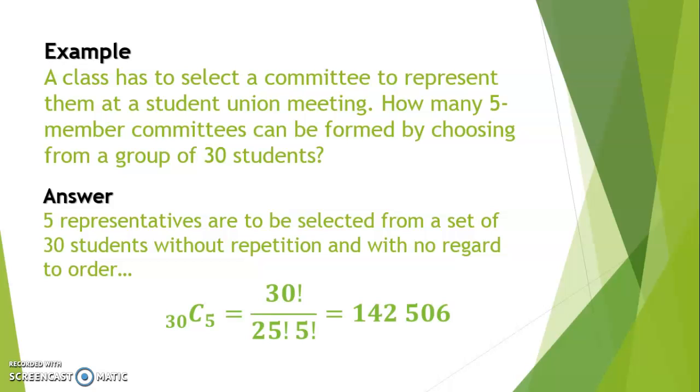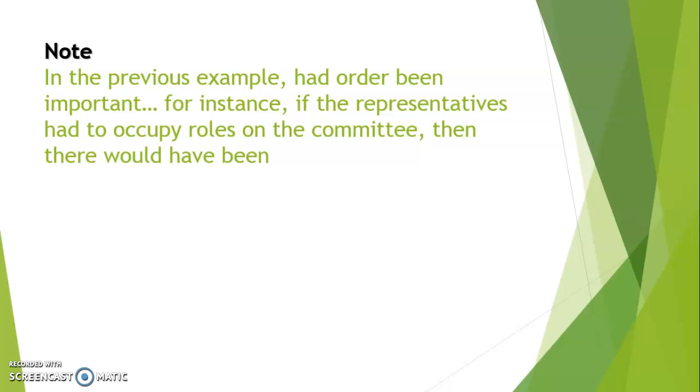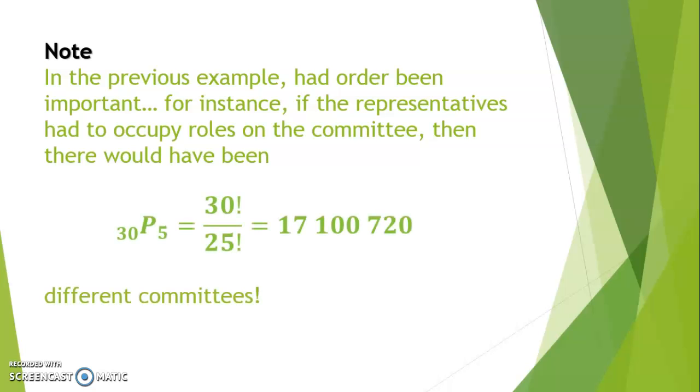That's 142,506 different possibilities. Just to show how the effect of combining is different from permuting, in this previous example, if we had order to the selection, so for instance, if the representatives also had to occupy roles on the committee, then the role each person assumes has an impact on the type of committee we get. So if person A is a very good president, well, putting person A as the secretary will create a 5-member committee that's different. So that would have been a permutation if hierarchy was given, if a role was given. So 30 permute 5 increases by 5 factorial the number of different arrangements a certain committee can have. So we would have gone to 17,100,720 different